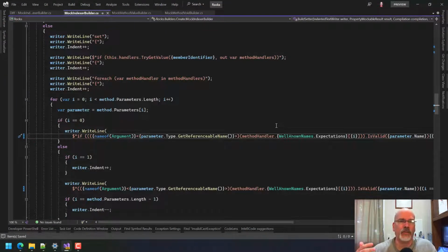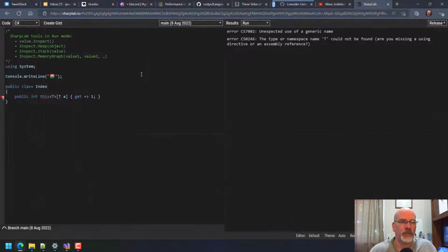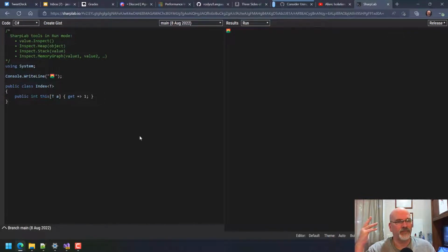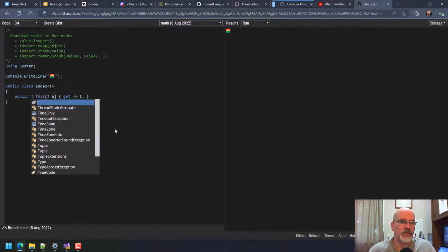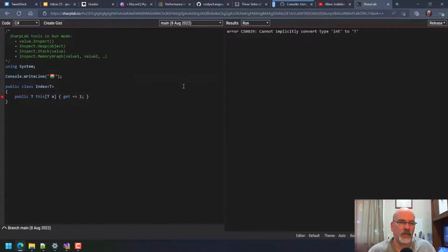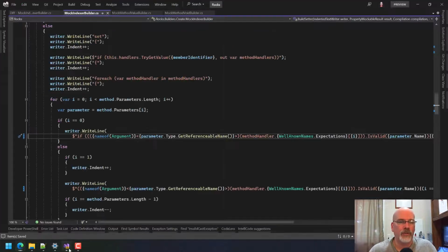In the sense that, well, what happens if I did index of T? And I didn't make this, but that's fine. I could also make this a T, and we'd say default, just because I want to get rid of it. And that would be fine. So, okay, I stand corrected. We do need to do this, but glad that I remember, because even though you can't define it on the indexer, you would define it, but